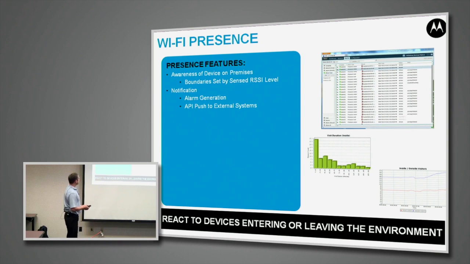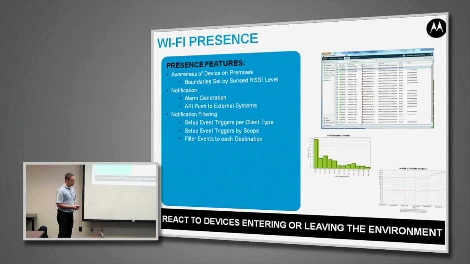We generate traditional alarms in ADSP, so any of the traditional events that we can generate, we can do the same thing with proximity. But we also push these events out through the API, and the data that we store is also available through the API. We can filter the notifications, so notifications and even configuration can be filtered. We set it up by client type, where we can segment stations into groups of clients, and we can do it by scope. We keep a scope tree based on